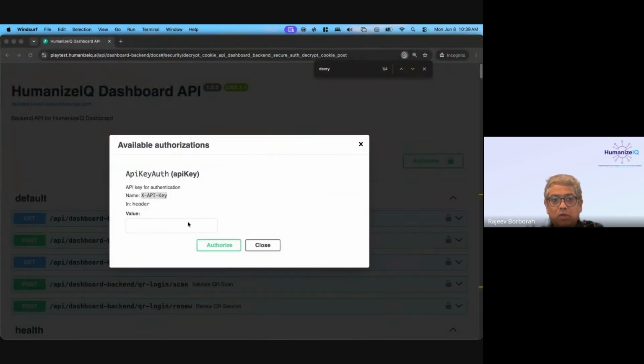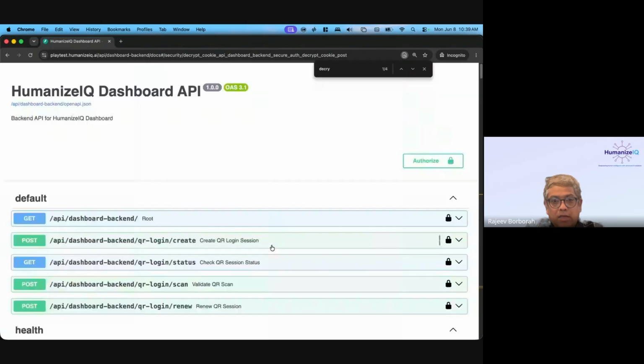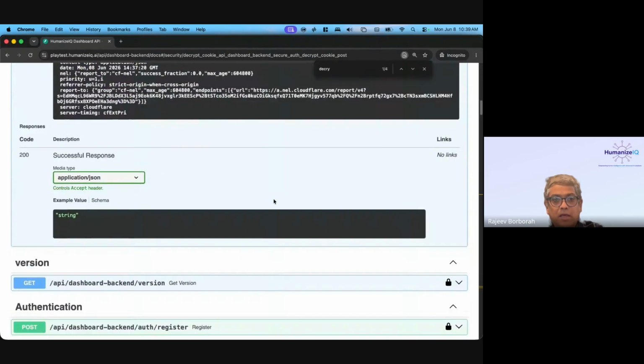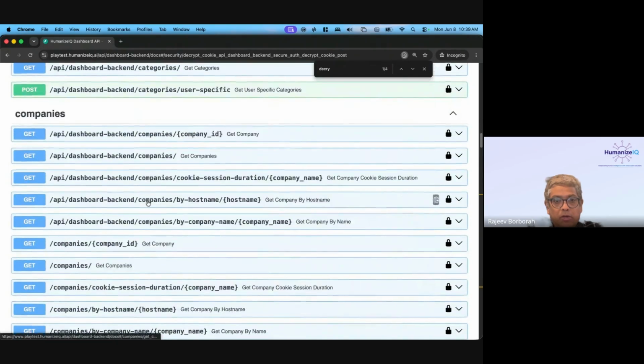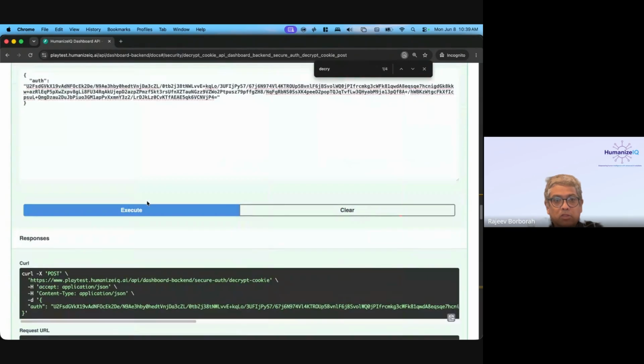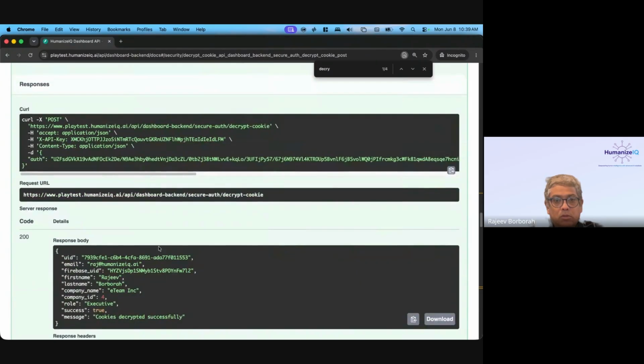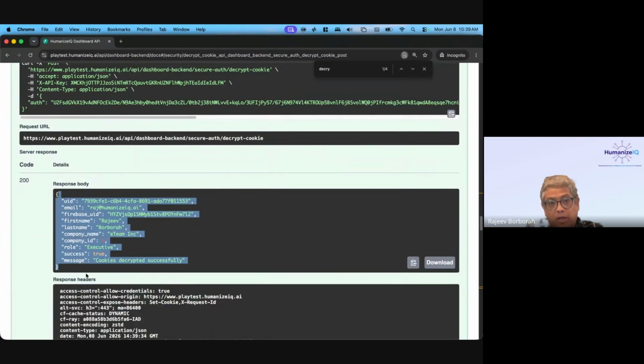So if I use this key, authorize, and let's now execute it again. Not the health endpoint, but this endpoint. Now it decrypts the cookie properly. So our APIs are encrypted and it only works with 3 mechanisms. Either I have to provide an X API key or I have to provide an auth cookie, and many of our APIs will work with X Studio cookies. Studio cookies are needed for some scenarios, so we use that.